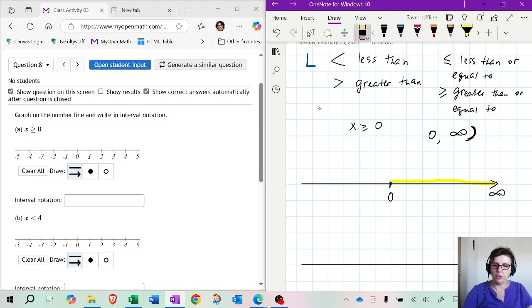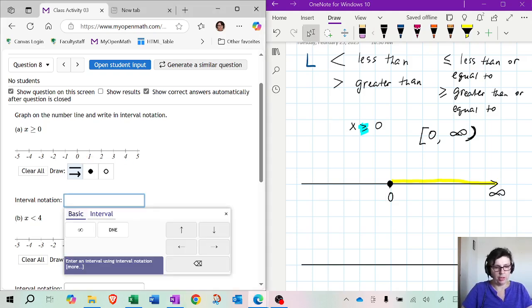On the other side, though, that depends on the type of inequality you have. If the inequality is not strict, so it's greater than or equal to, then this endpoint, the 0, has to have a bracket, a square bracket. And then what we also sometimes do is make this a solid dot, indicating that 0 itself is also included. So let me show you how to draw that here.